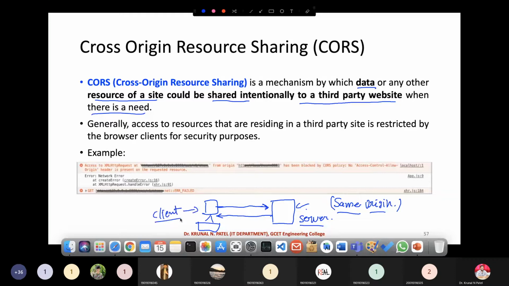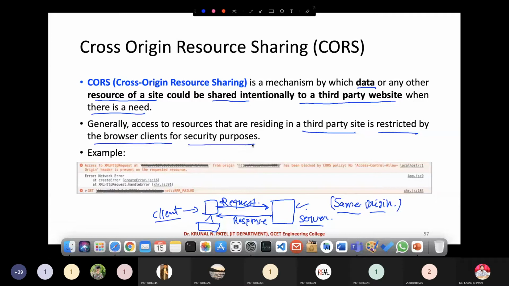Every time the client sends a request, this server identifies it and gives back the response. This is your request. But sometimes you will get this kind of error. Generally, access to resources that reside in a third-party site is restricted by the browser client for security purposes.